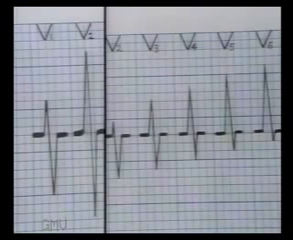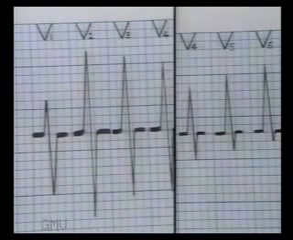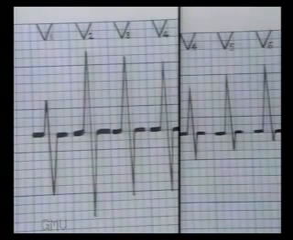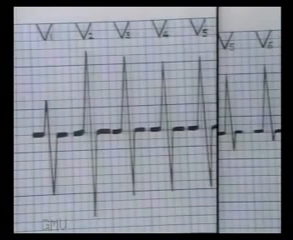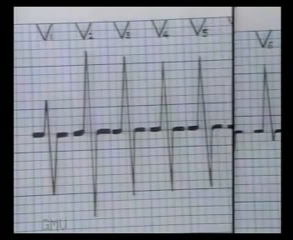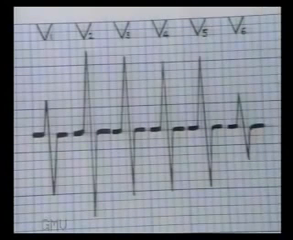Lead V2 also shows a prominent R wave. Leads V3 and V4 are similar with equal R and S. Lead V5 shows a deep S wave, and lead V6 again shows a prominent S wave. So whenever there is a prominent R wave in lead V1 or deep S wave in V6, right ventricular hypertrophy